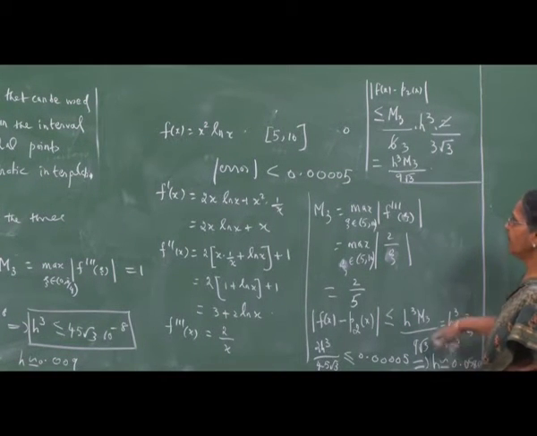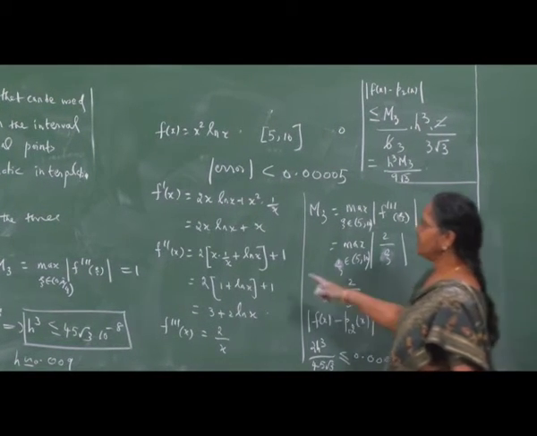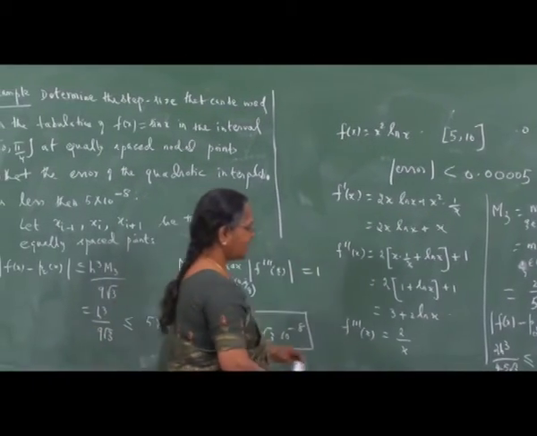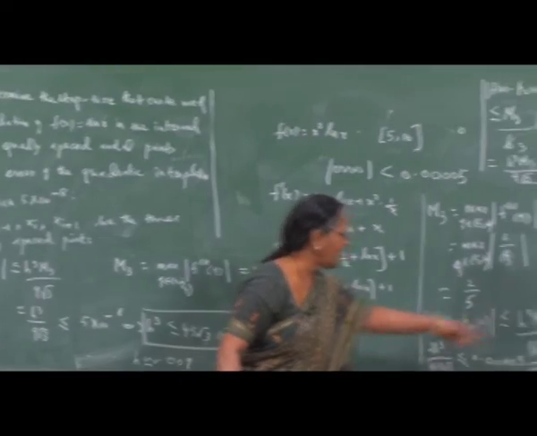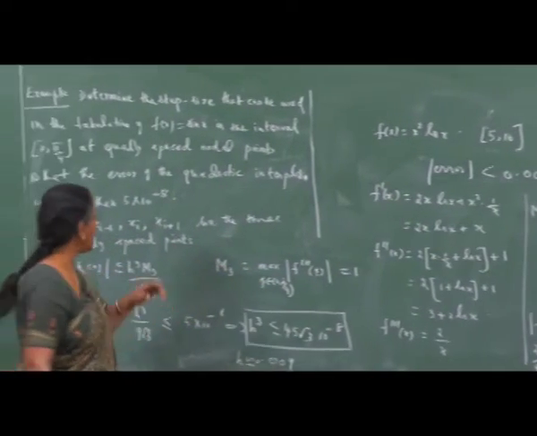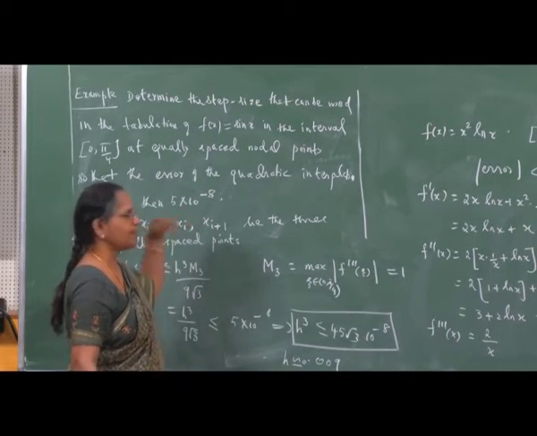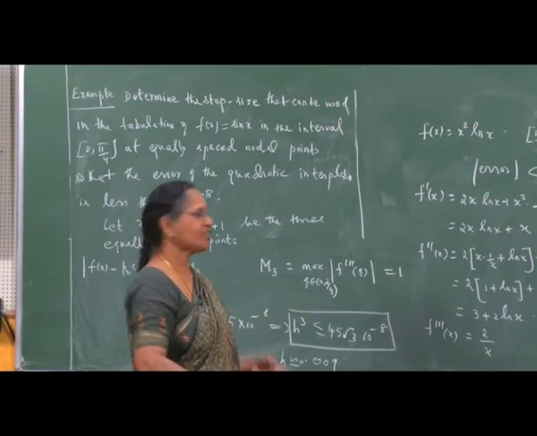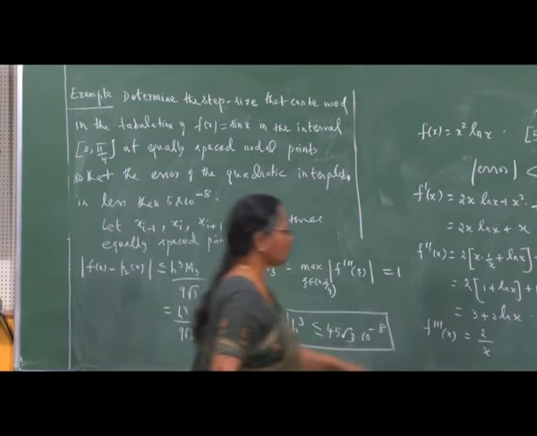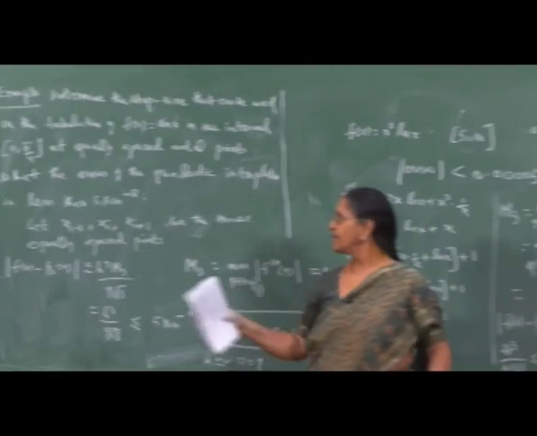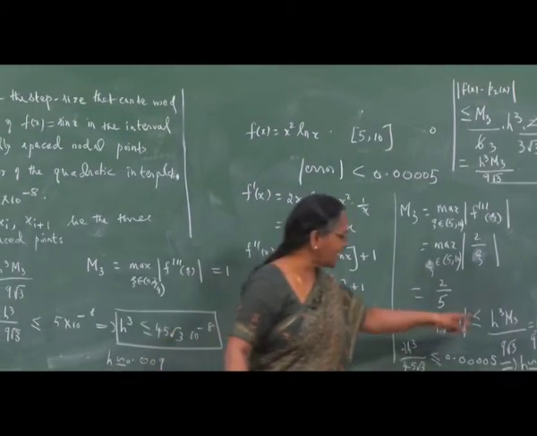So if you take the step size h to be approximately 0.058 and choose 3 points xi minus 1, xi, xi plus 1, which are equally spaced such that xi is xi minus 1 plus this h, and xi plus 1 is xi plus this h,